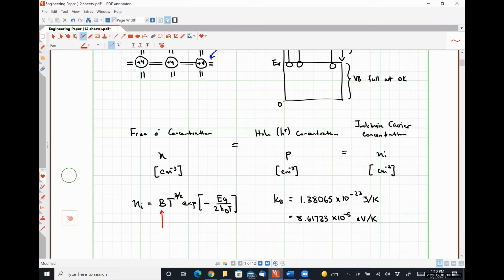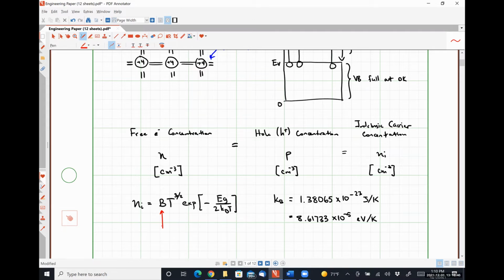And so what that means is that the intrinsic carrier concentration, while it looks like it's only dependent on the square root of temperature cubed, it's actually dependent on temperature cubed entirely, right? T to the 3rd power, okay? Highly, highly, highly temperature dependent, okay? So I just want to point that out because